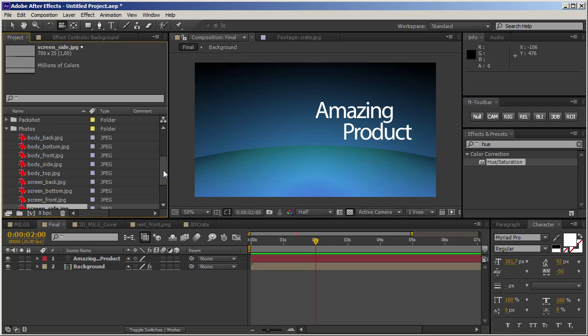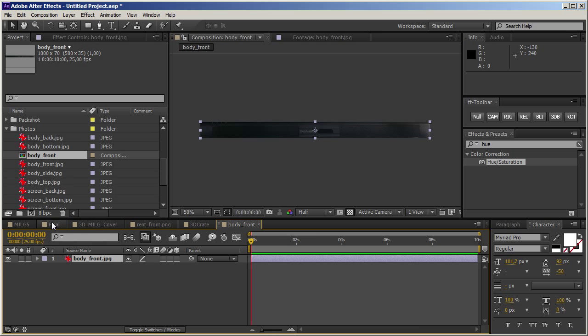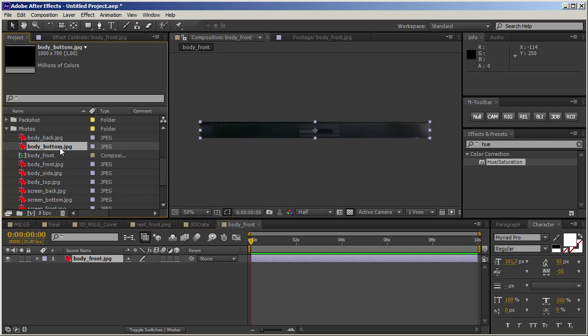Usually I like to build things from the front. So I will find body front, which is just this single file. And I will start building my 3D laptop from this layer. So I'm just gonna drag it to the make new comp button, and the only thing I'll have to do is to check how deep this should go. So let me just find a suitable JPEG, which would be body bottom, for example,